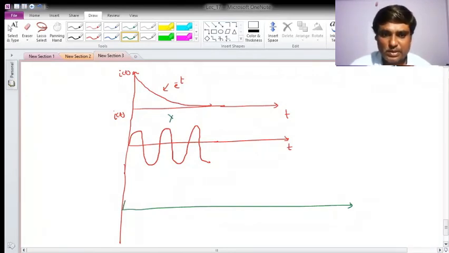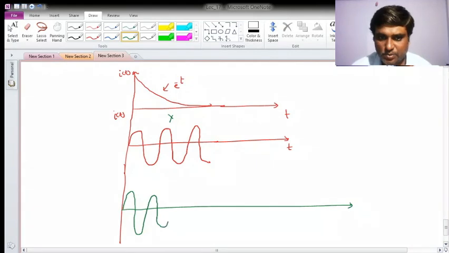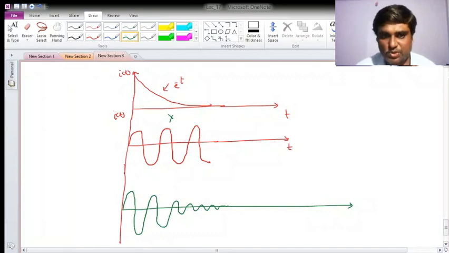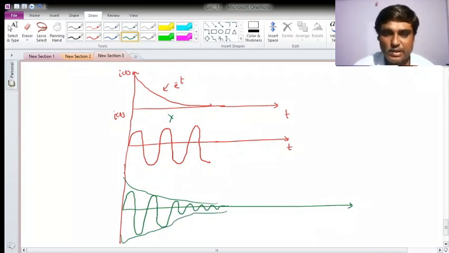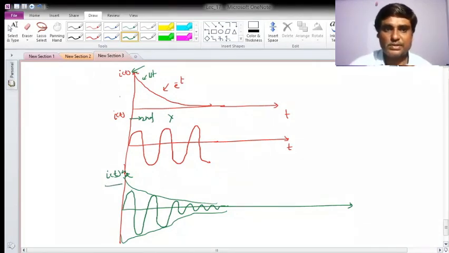Sometimes the current will be positive, then it will be negative, then the magnitude will decrease because of the exponential decay form, and it will go like this, and after some time it tends to 0. Okay, and it will follow this envelope. So sometimes the current will be positive, sometimes negative. This is my total I of t. This first part is from I of t, this is the second part from I of t, and this is your total I of t.